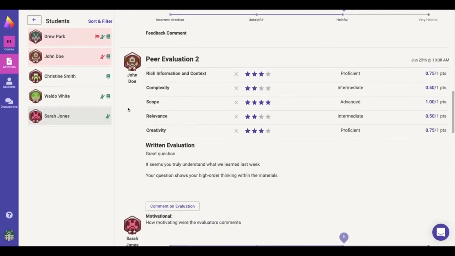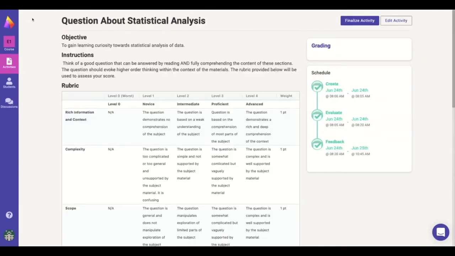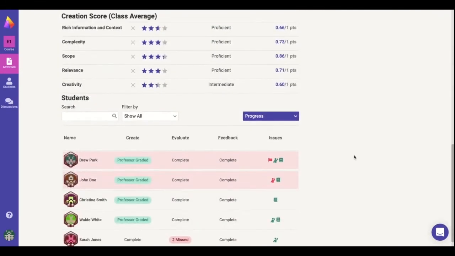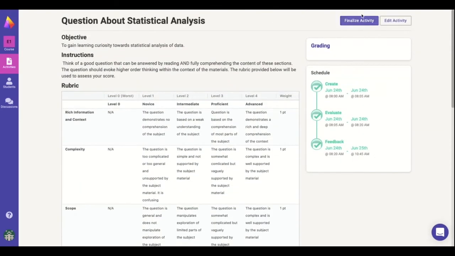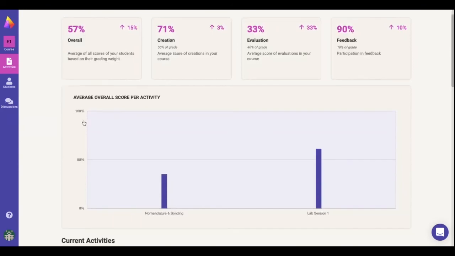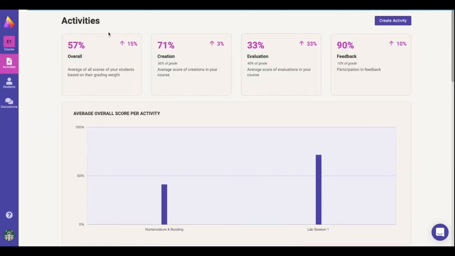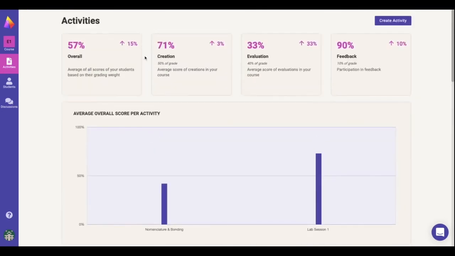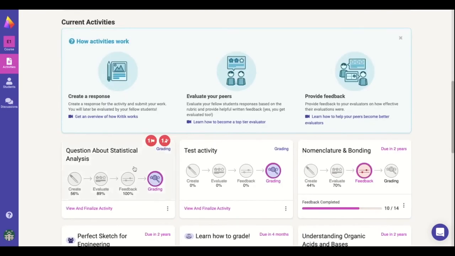After you've changed all the grades you'd like and resolved all the flags and the disputes, you can scroll up and click on Finalize Activity. At that point, once the activity is finalized, all of the grades will be released to the students. During that grading stage of where we were looking at for this activity, only the creation score was visible to the students. After you finalize, the activity will move from this view here to past activities as finalized and graded,